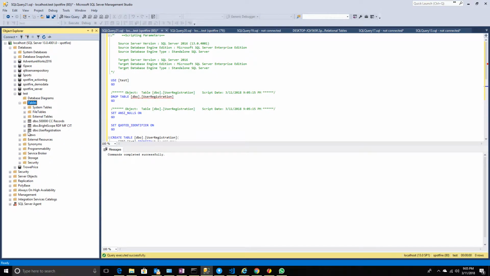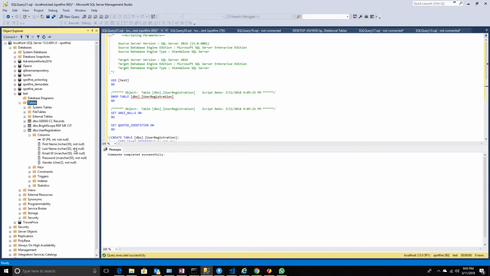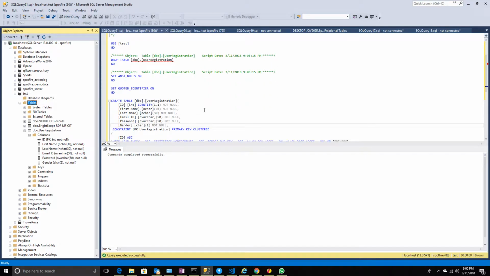Refresh and then expand, and then expand, not null, not null. So data has to be passed, right? So now we will keep this script open as it is. Now we will quickly